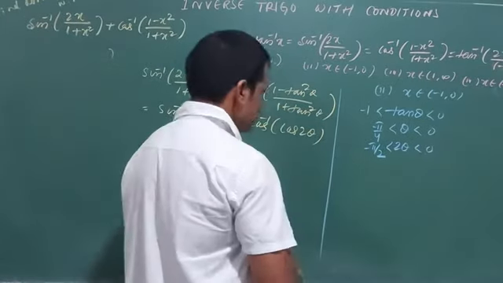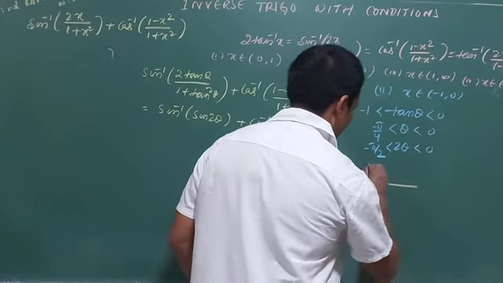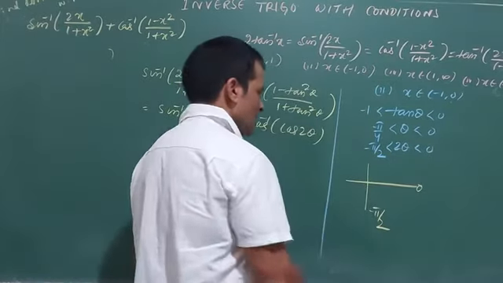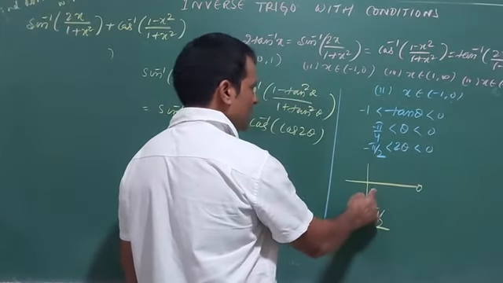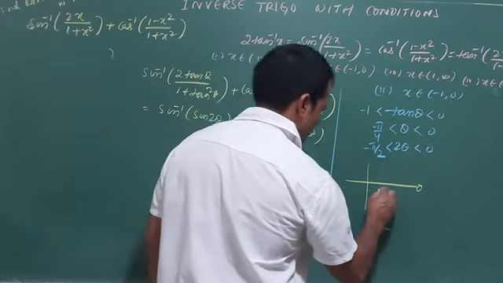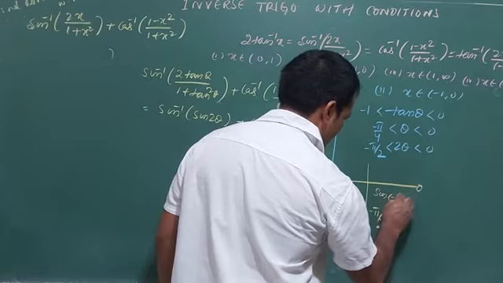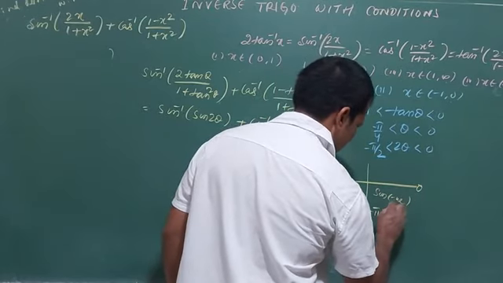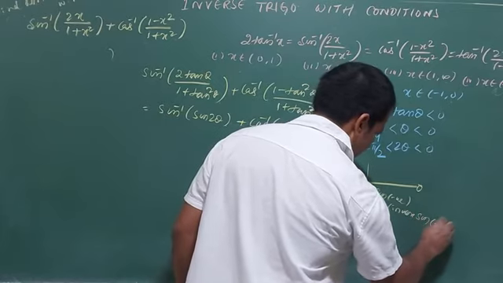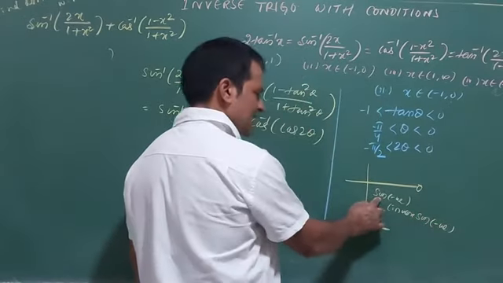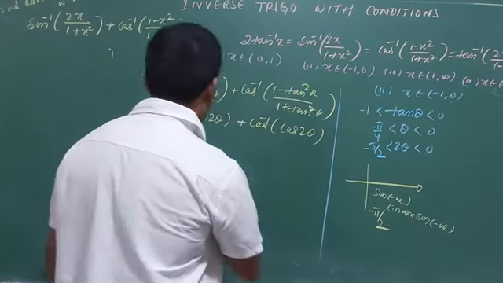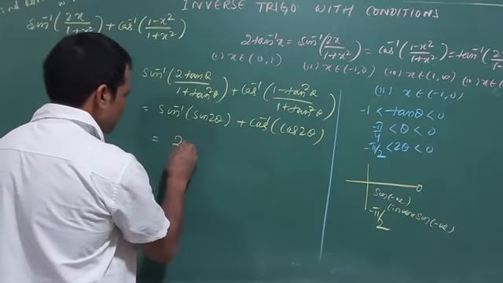Now, the case is where I am standing now, 0 to minus pi by 2. In this quadrant, in the normal table, if I am considering sine, that is negative, and inverse also negative here. Means normal sine negative, inverse sine also negative here. So I don't have to go anywhere. Whatever value is coming, I write down that one as 2 theta.